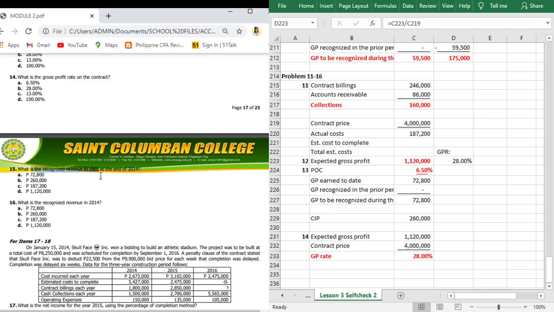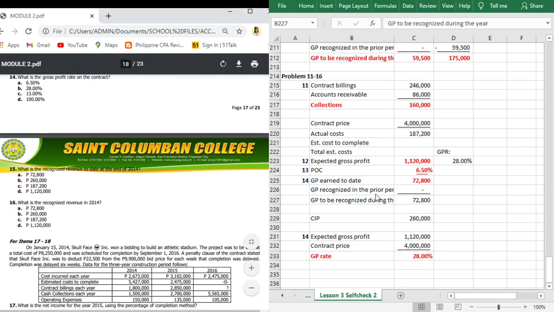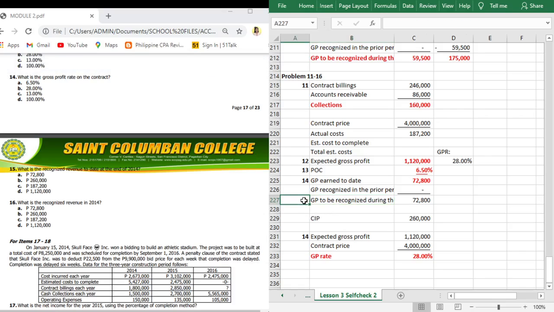What is the recognized revenue to date at the end of 2014? Okay, recognized revenue to date, kato nang nakuha na to ganiha nga, 72,800. And then lastly, pila daw ang recognized revenue in 2014? Actually, given naman na siya sa data. No? Naan naman na siya diri. Revenue recognized, 72,800. So, number 15,